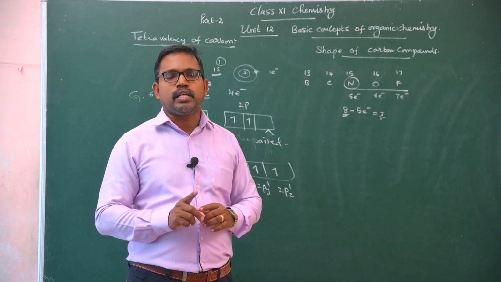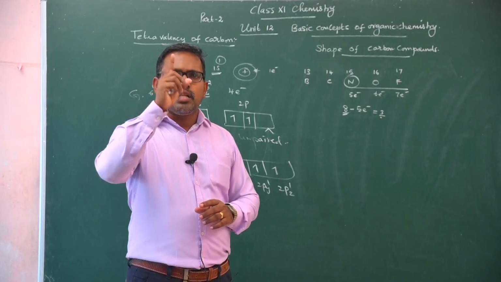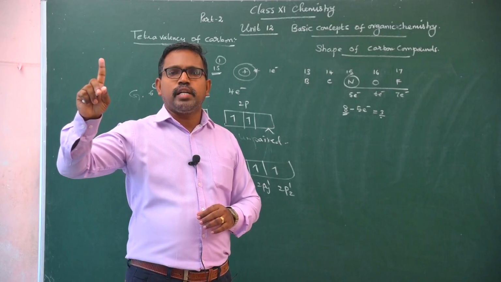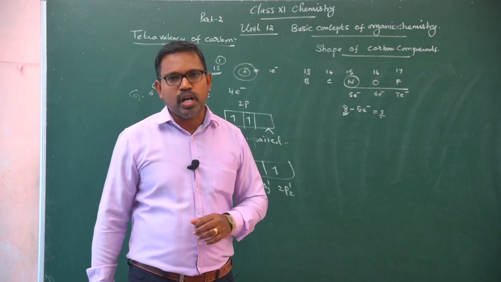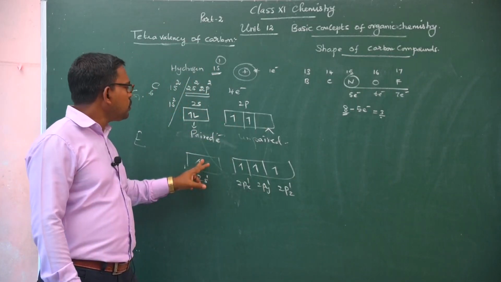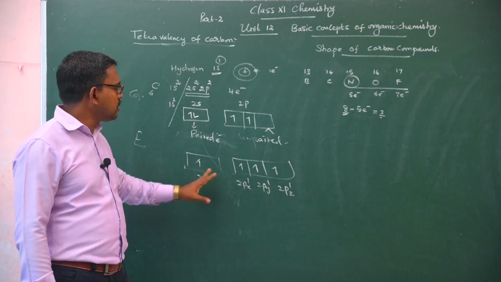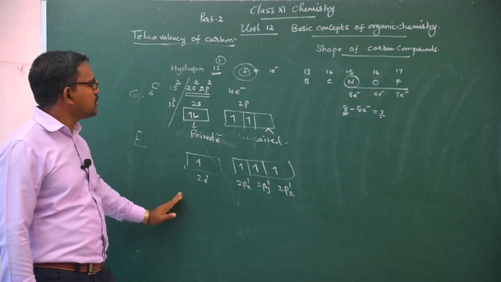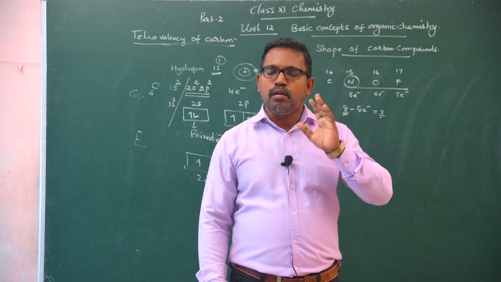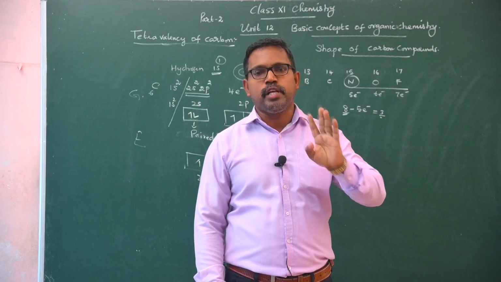In actual practice, the valency of carbon is 4 by exchanging an electron from the ground state 2s orbital to the excited state 2pz orbital. One of the s electrons transfers from the ground state 2s orbital to the 2pz orbital. This is the tetravalency of carbon. So in any carbon compounds, the valency of carbon is 4.